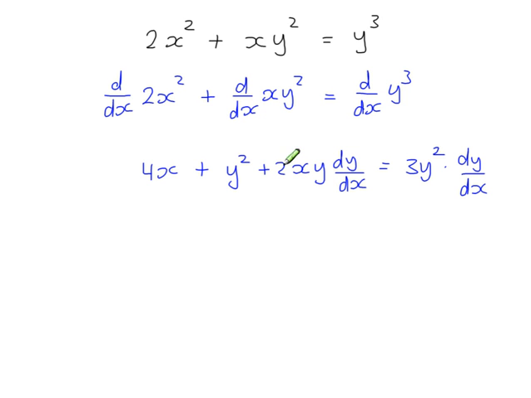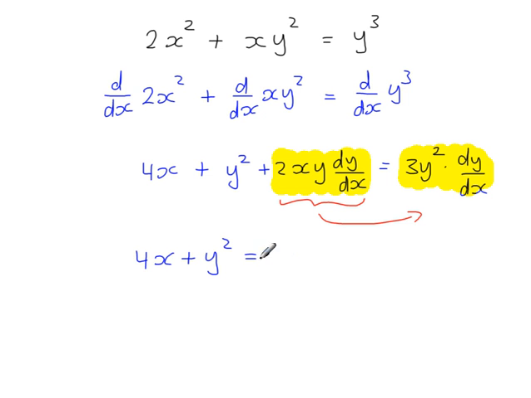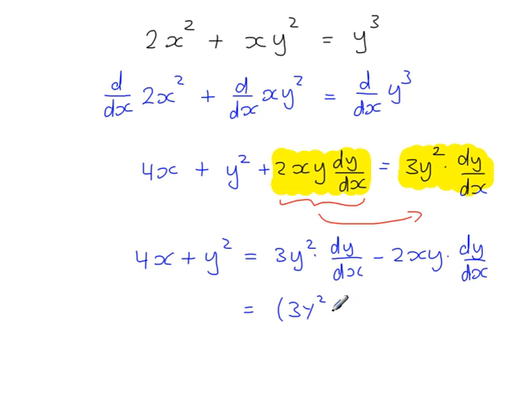Now the dy by dx terms, that's these two, they should be on one side of the equation, so I'm going to move this to the right hand side. So we've got 4x plus y squared is equal to 3y squared times dy by dx minus 2xy times dy by dx. And then we can do a bit of factorizing on this side. So we've got 3y squared minus 2xy times